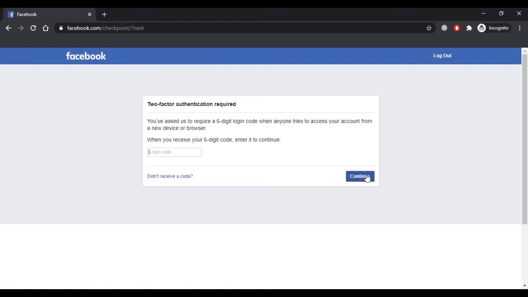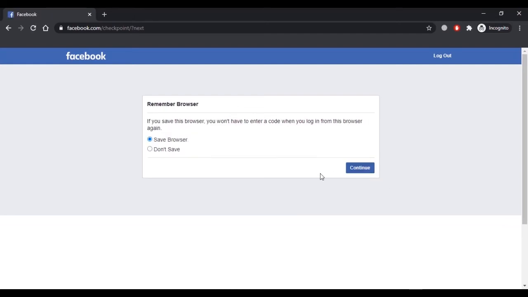Now as you can see, the two-factor authentication is on, so you will be required to enter a code first if you are using your Facebook account on a new device or in a new location. Alright, so first of all, I will enter the verification code that I have received on my mobile device, on my phone number. If you are using your Facebook account on your old device, you will not get this notification. Only if you are using your Facebook account on an unknown device, you will be required to enter the verification code if your two-factor authentication is on.